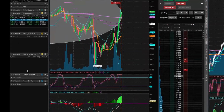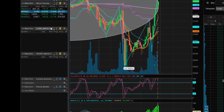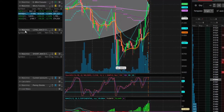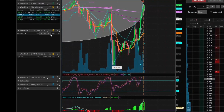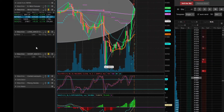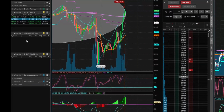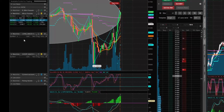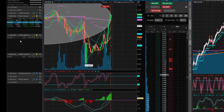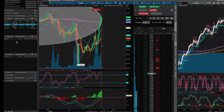Now let's show you the scanner that I use for a MACD crossover. As you can see on the left here, I do have two scanners, which is basically the long or bullish MACD crossover, or a short MACD crossover. So whenever a crossover occurs, I'll get an alert on my phone or laptop, and I've also set it up so I receive a text. And only then do I try to analyze what's going on and see if it's a good time to enter